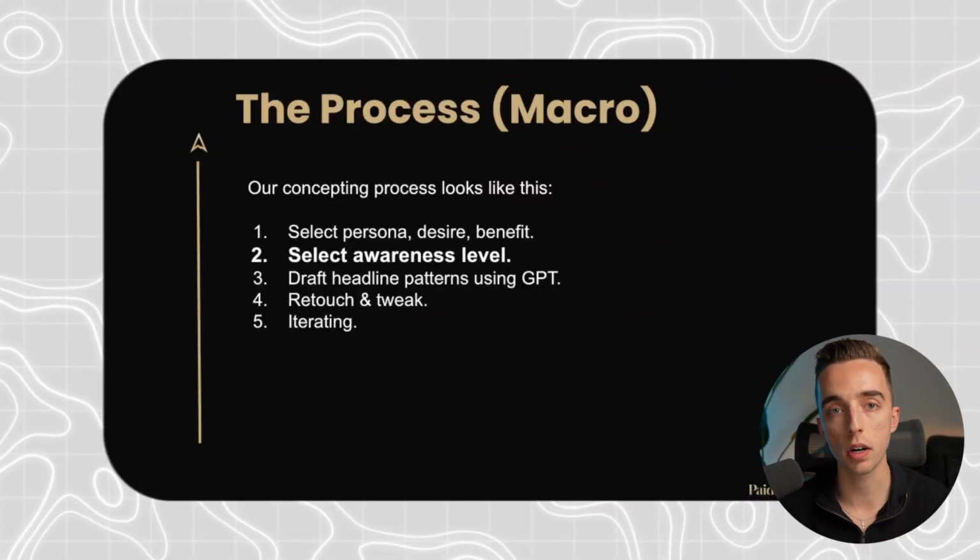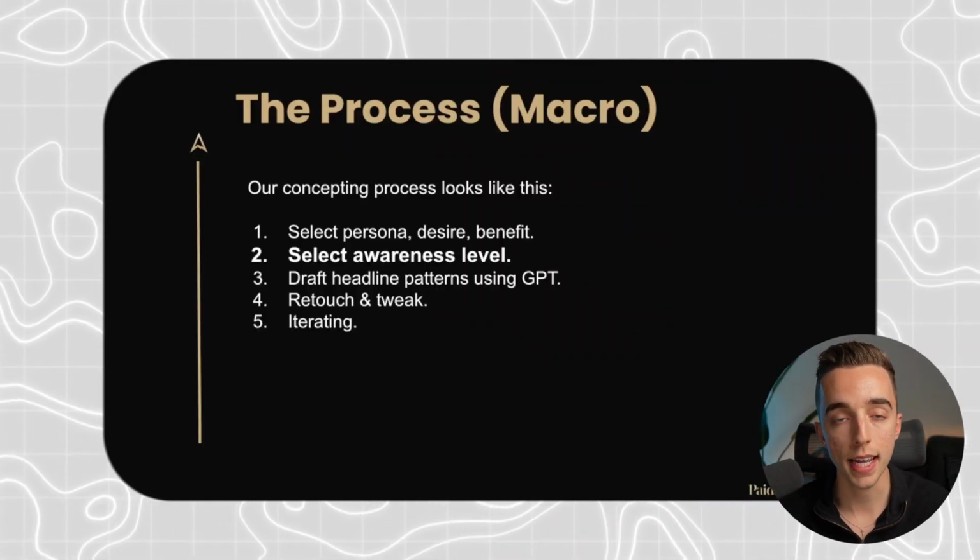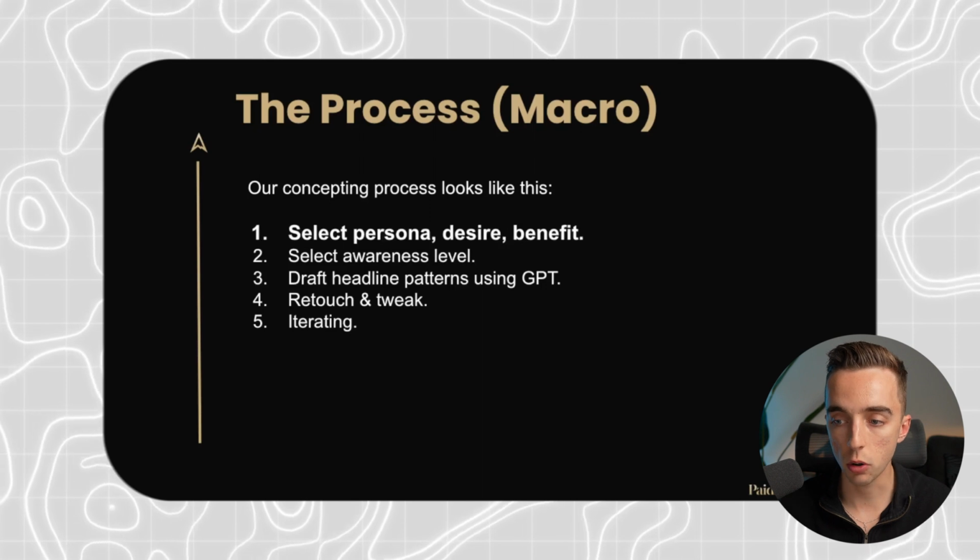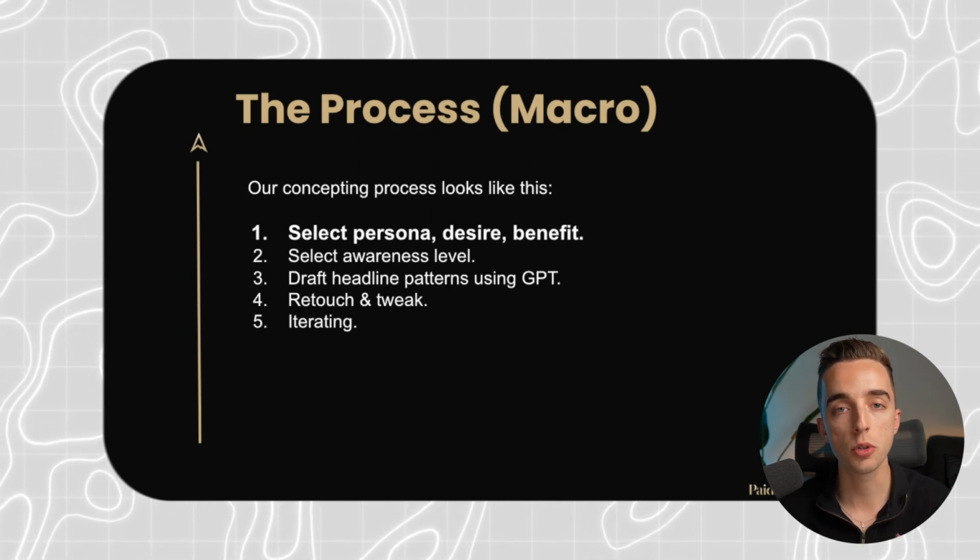So now at this point, I know who I'm going to target. I also know what the exact desire is, which, in parentheses, I'm going to call an ad angle. And I know the exact feature and benefit of my product I'm going to highlight. Great. I found all that information through my initial phase of research. Step number 2 is selecting the awareness level. Where is my customer in regards to the exact desire or benefit I'm trying to highlight here?